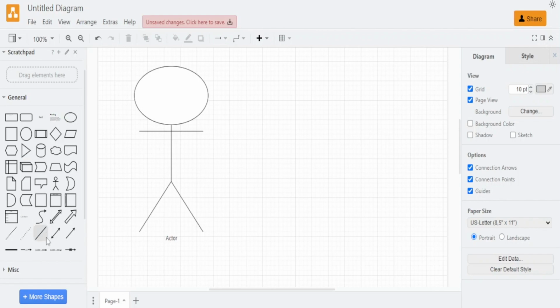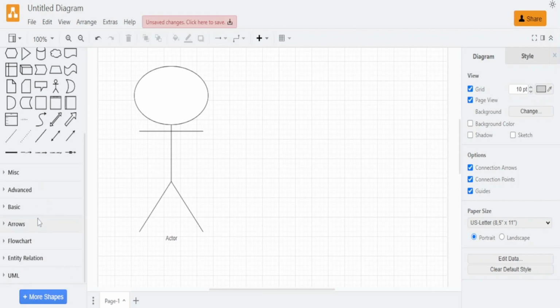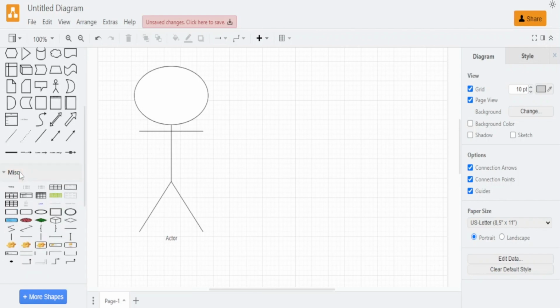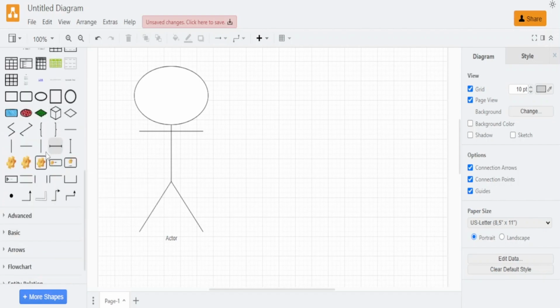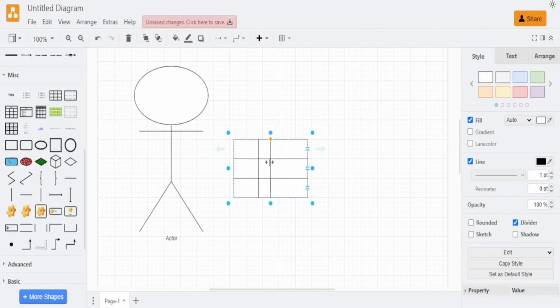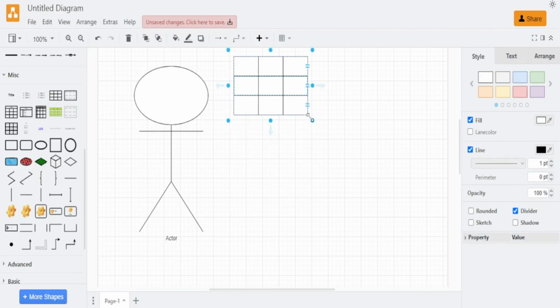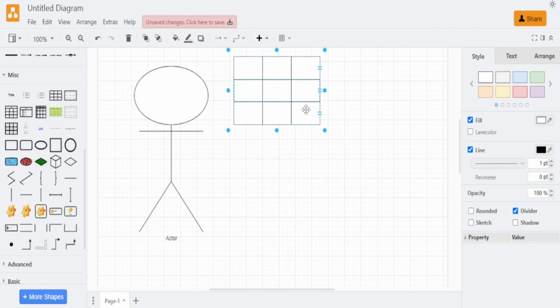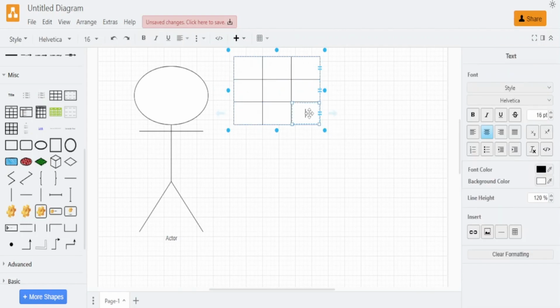I think we can also make other kinds of things right here, like on this top is this one. We can add things right here, like the